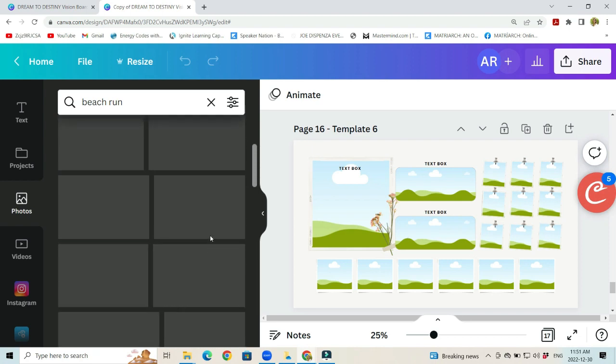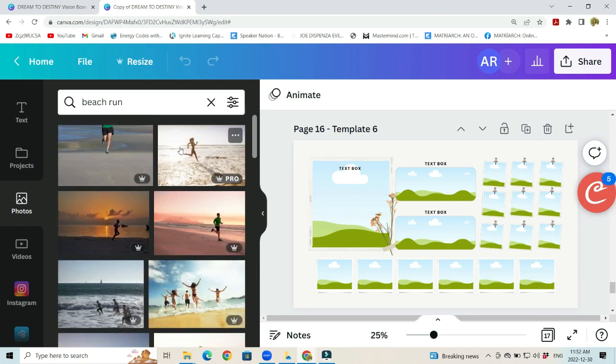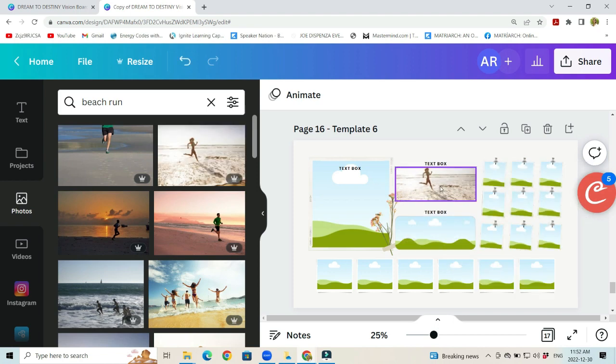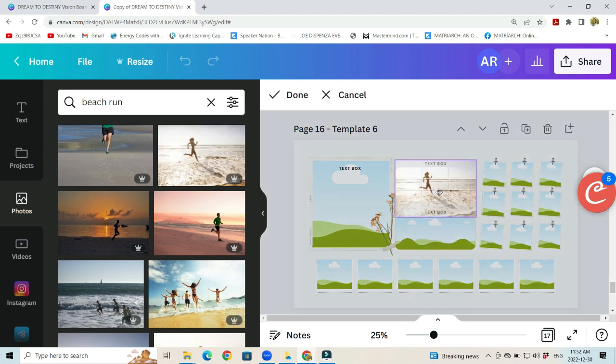Now, I really love, algorithms are like that, right? This image here, I would love to call that in for myself. Now, this is not my primary, but this is probably one of the second or third things that I want to set up. So I'm just going to drag this image until it works well for me, and then I'll